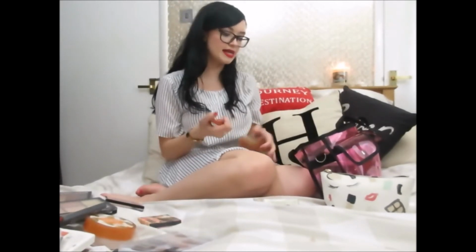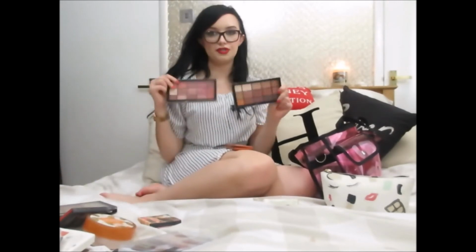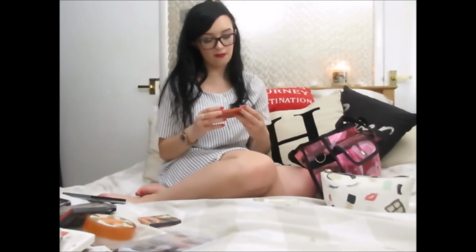If I was going for more of a high-end palette, especially if I was going to be travelling, my favourite of the Urban Decay palettes are actually the Naked Basic palettes. I do use this one now and again, so if I want to mix things up. So if I'm on a night out, and I'm out a few different nights in a row, I'll go for a pink toned pin-up look, I'll go for a classic neutral look, and then if I want to go a bit more fancy, I've been using